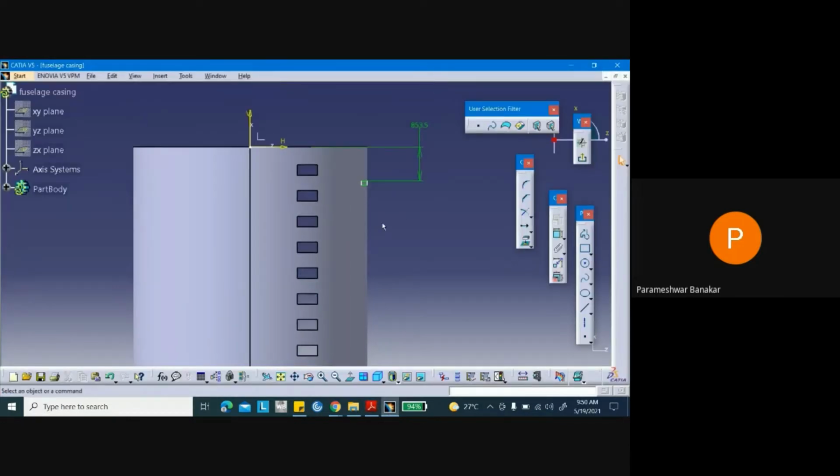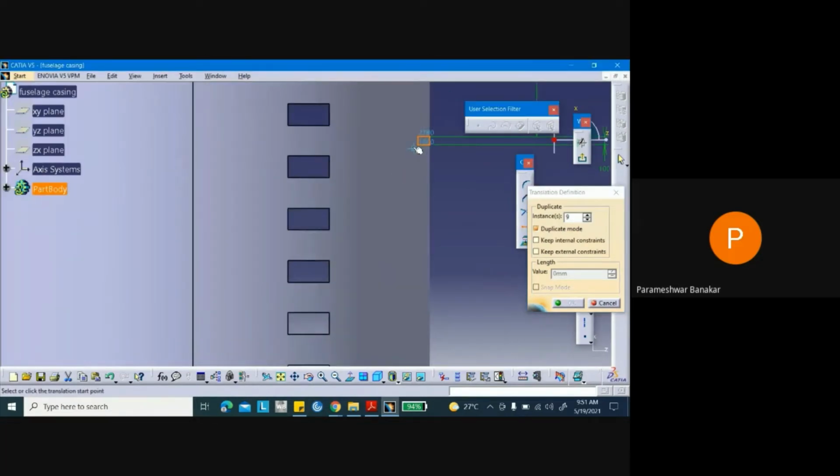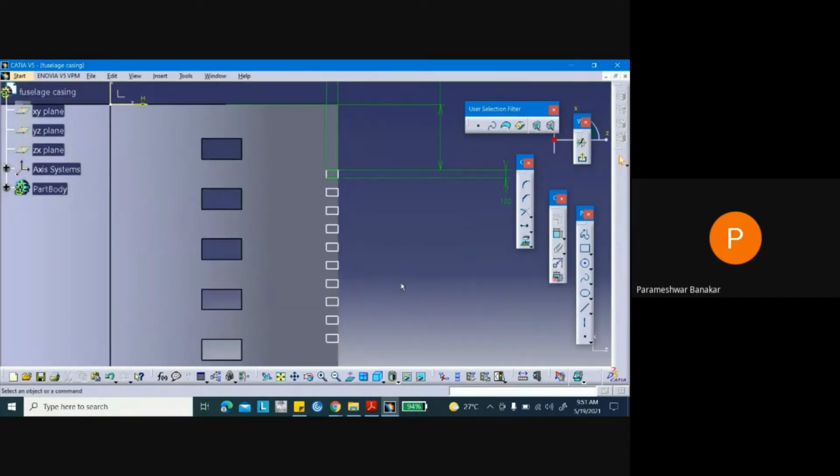So for that, again, save, select this, go to translate, it is 9. Okay, and now just zoom it. Just leave, zoom it and leave.